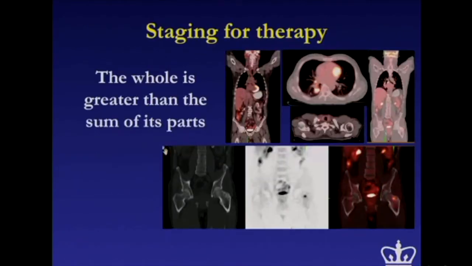This can be used to help us understand how bad the disease is or how limited it is. This is a patient with lung cancer who, when he presented to me, had only a suspicion of a node on the same side, which meant that the patient was going to get radiation therapy. But when we did the FDG scan, we found that there was disease in the bone, and we found disease in the neck as well. That meant we changed the stage of this patient, and this patient was no longer a suitable candidate for radiation therapy. Yet another application of an imaging modality used to guide precision medicine.